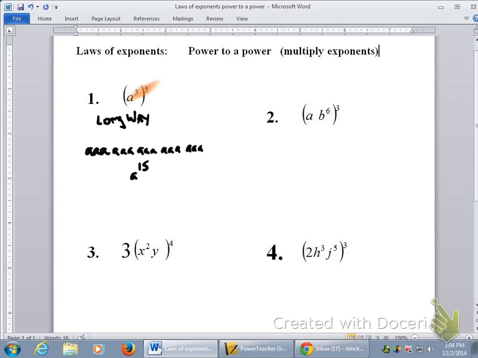So the short way is to use our rule, and our rule is to multiply our exponents. So you can see right here, I've got a 3 and a 5. I multiply those exponents together, and I can get directly to the answer of a to the 15th. That's the fastest way. Take some time to go over that again if you need to. On number 2,